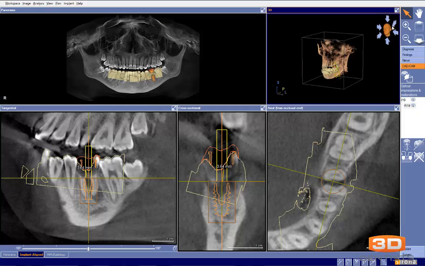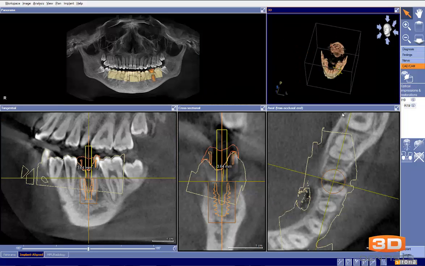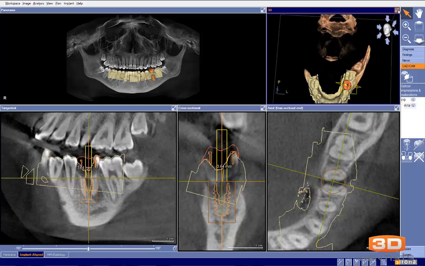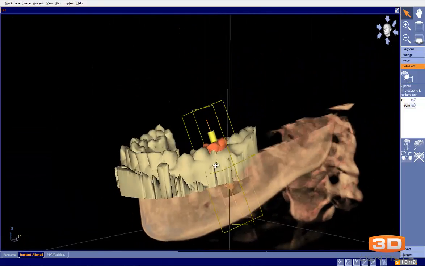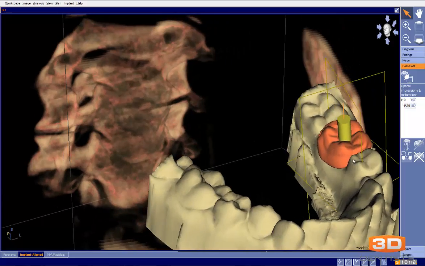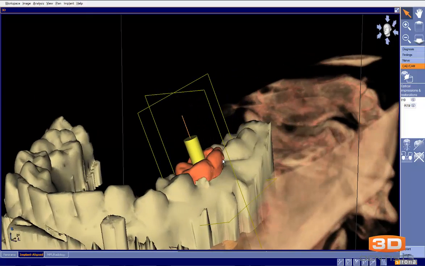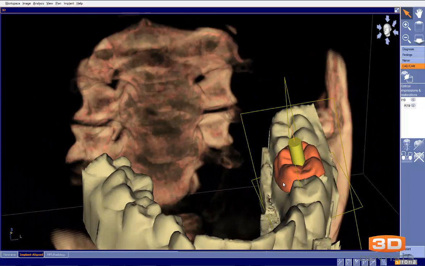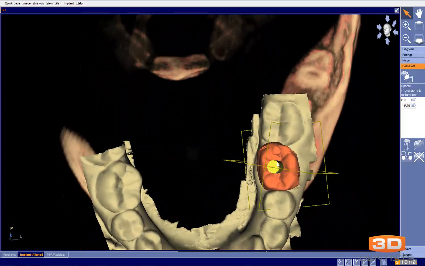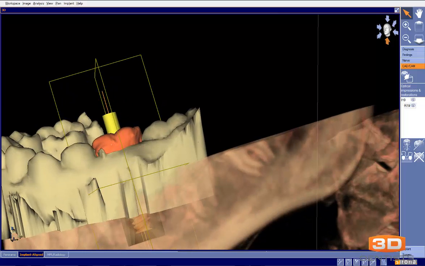In terms of the accuracy of the restoration design, I would like to point out that my preference on immediate placement is not to draw, sorry, in this case, the tooth is broken down, so the restoration is designed pretty close to ideally. Again, I would go ahead and in an ideal world, fix all of these things. Again, that's just me being a little bit more anal. I want to use all this data, have it as accurate as possible. And from here, we can look at the implant and see that we're coming out at the center of the tooth. We're angled pretty well, but there are a few things I do want to take a closer look at